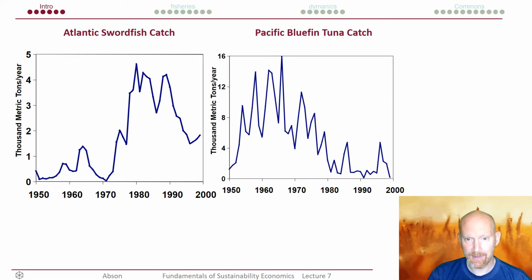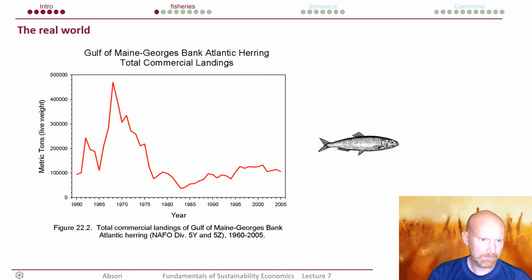Remember, this is an example we had in an earlier lecture about this bluefin tuna selling for 1 million euros in the market in Tokyo. So, massive increase in fishing followed by collapse. Here we have herring, and this is now in Maine, and again, increase. Let me find my mouse. Increase followed by collapse and moderate recovery, I would say.